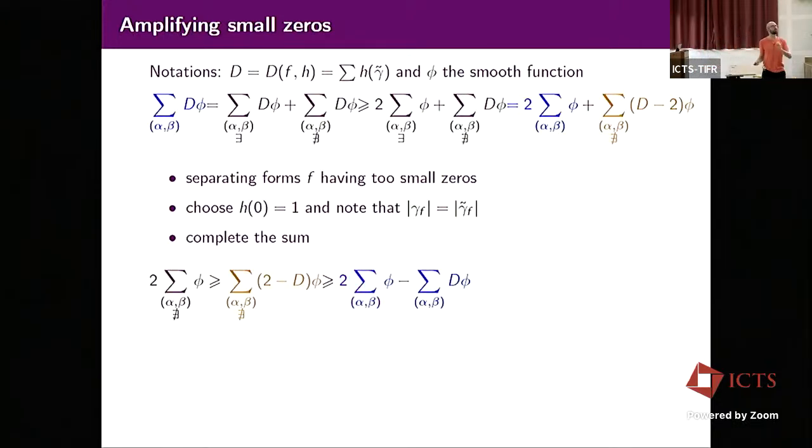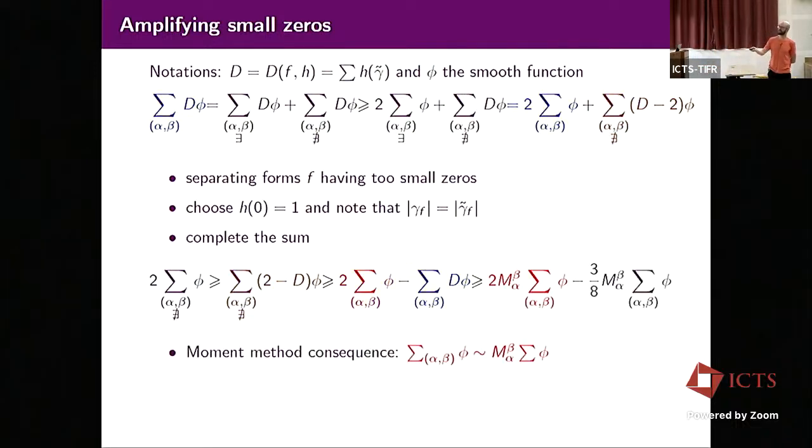And now I can use the results that I established before. Because what is that? This is the number of terms for which my quantity is between alpha and beta, but that's exactly what the moment method gives. And this is the same thing times the one level density, but we just said that they're uncorrelated. So let's write it. By the moment method consequence, the number of forms with the quantity between alpha and beta, given by this m alpha beta, is just the integral between alpha and beta of the normal law. So that's the normal law integral, and I remove the condition.